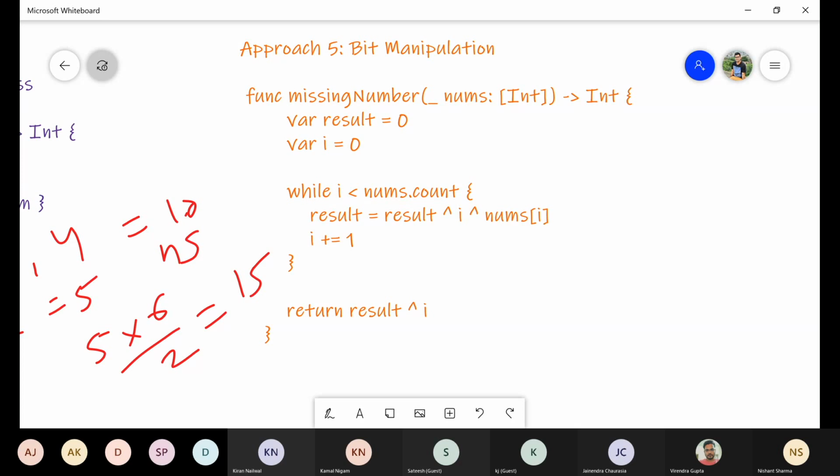If the index and the number match, then the XOR becomes zero. So all the elements which are present will XOR with their indexes. Only the element which is missing in the nums array will not be able to XOR. So that would be our result, the final output.